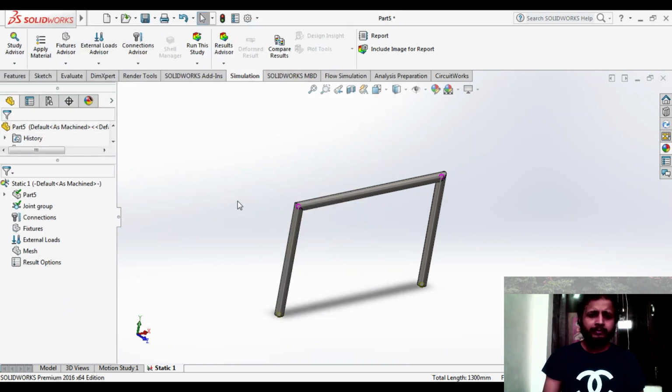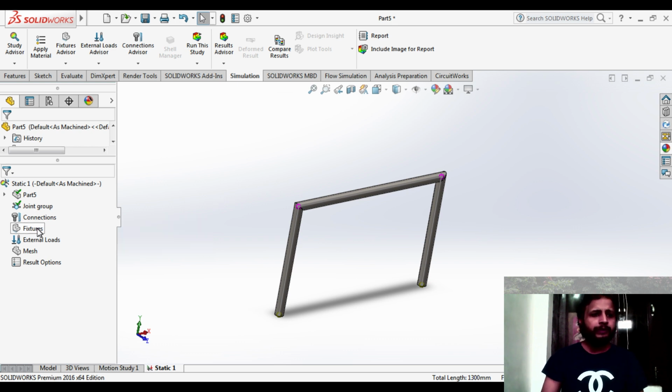After the apply, in simulation, we need to understand. Suppose we are going to apply the force on any object. Suppose one cup is put on the table, and if we are going to apply any horizontal force, so what will happen when we apply the force? Cup will displace from one place to another place. So we will not be able to understand what will be the effect of force on a particular body. So what we will do? We will fix in the opposite direction. Suppose if we are applying the force on the front, so on the back side we will fix it. And if we are going to apply the force on top, so the bottom one we will fix.